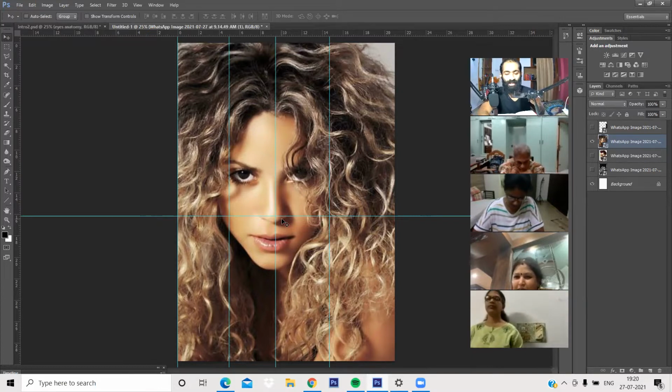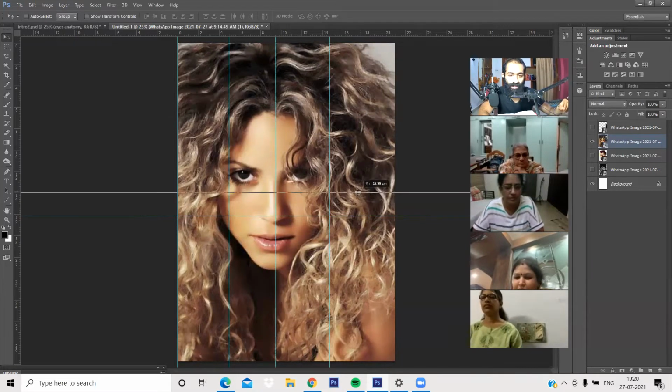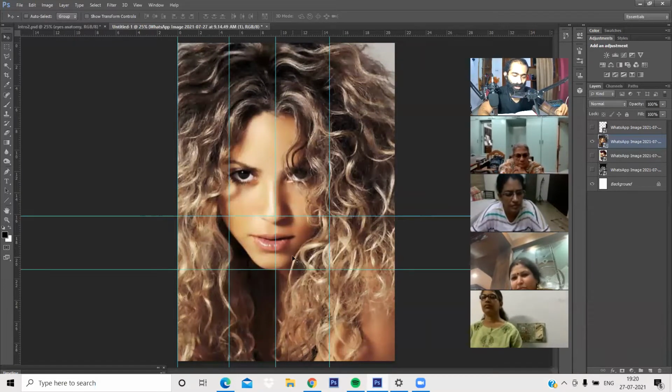I have this one in this entire frame. If I set the grid here, let's approximate how much the head is going to be. If the half is here, this portion should be somewhere around 60 to 65%. That much portion is what will occupy the head.